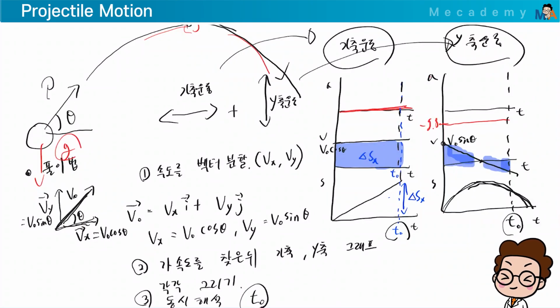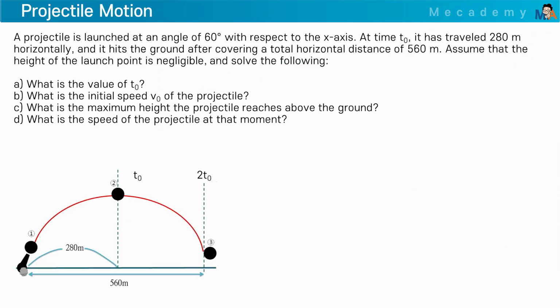Okay, to explain simply, in one-dimensional motion, because of vector decomposition, two-dimensional motion is like drawing two one-dimensional motions. By decomposing and analyzing the vectors, you separate them into x-axis motion and y-axis motion, and instead of drawing two graphs and analyzing them separately, since the time is the same, you solve it by interpreting simultaneously. Now let's reinforce this by solving a problem with an example. Now, if you solve it like this, you can solve all the problems. So I've prepared an example, let's read it and solve it.